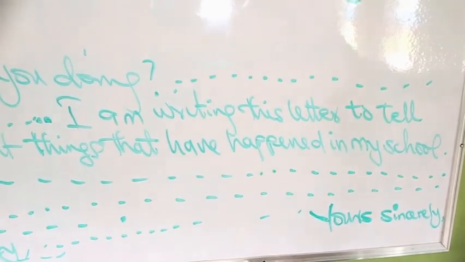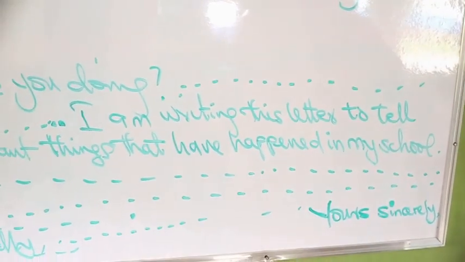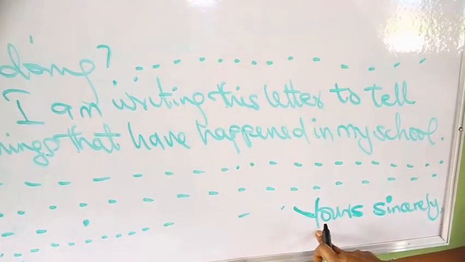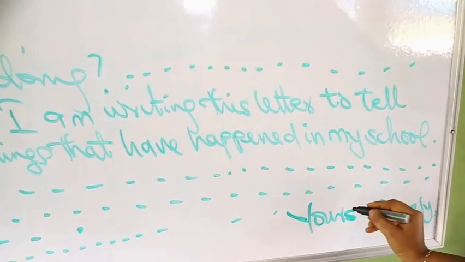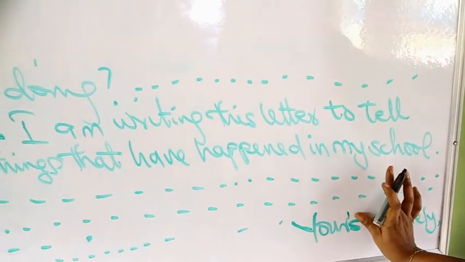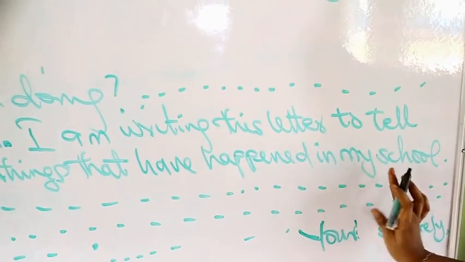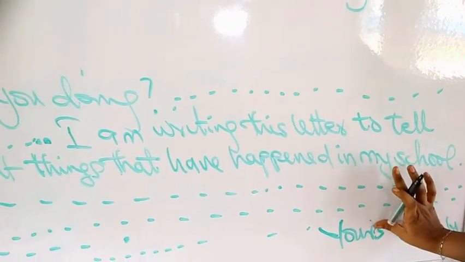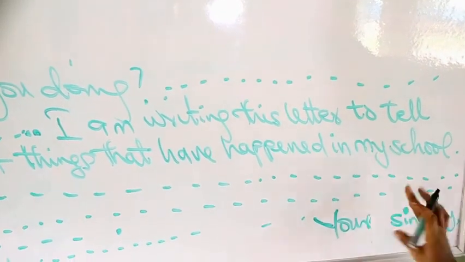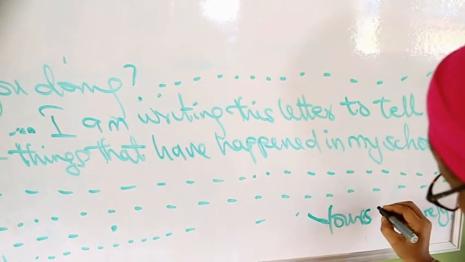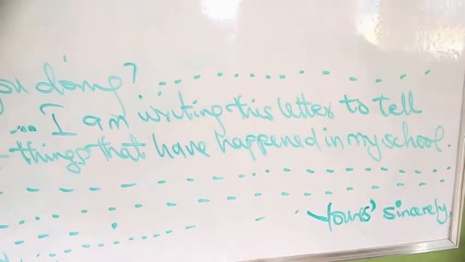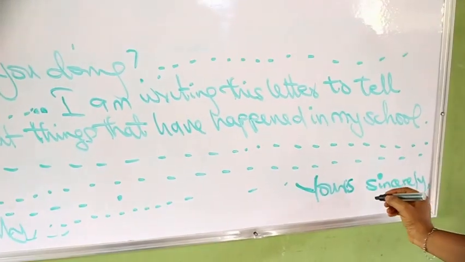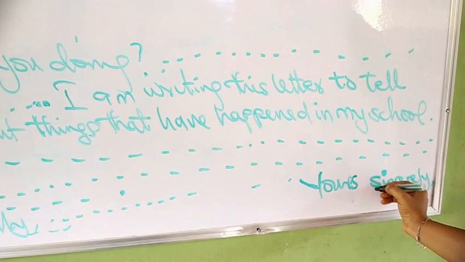Please, I want you to note something. Under yours, the Y here must begin with a capital letter Y. There is no apostrophe before the S. Please note that. Some people will write it this way, with an apostrophe, your's. It's a wrong format. So it is important to know that there is no apostrophe before the S and there is no apostrophe after the S. Some will also put a comma after the S. It is wrong. Sincerely begins with a small letter s.